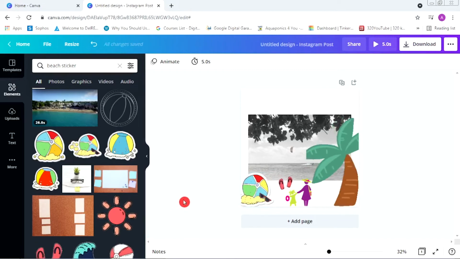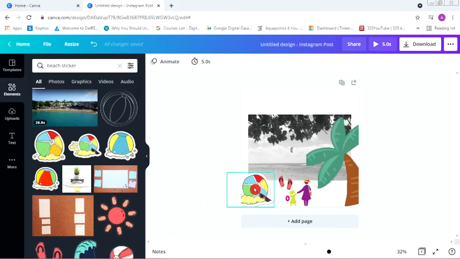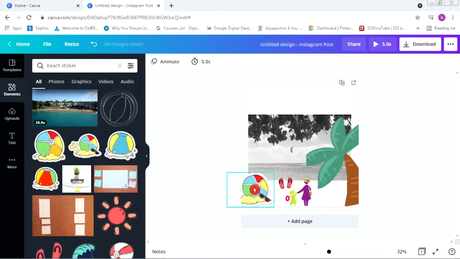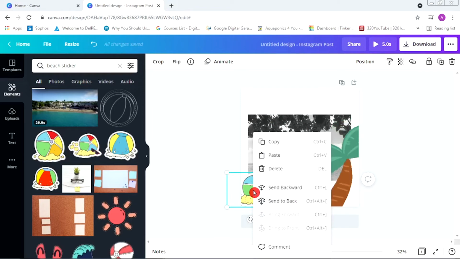Now we have a few options, that is to send this image backward or behind the main image. How do we do that? Right click on the selected image or the element and send backward, that is 1 level back, or send to back, that is behind all the images.